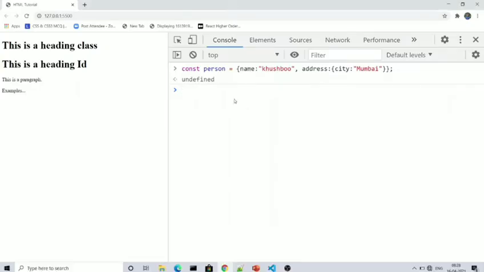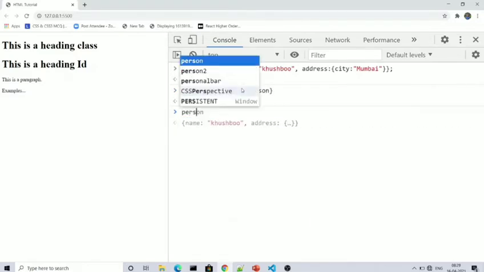So now we have the person object with name as Khushbu and address city Mumbai. Now I will create another object named person2. I will write dot dot dot person, that is the spread operator.